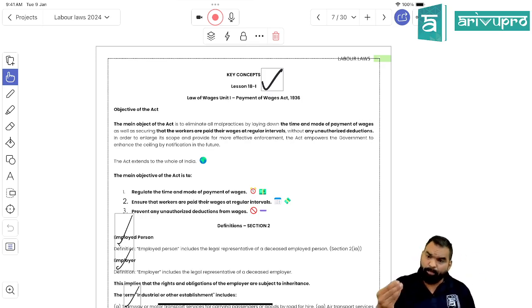But if you want to put an application against an employer, you have to put that application within the period of 12 months, right? The limitation period of 12 months will be applicable. If there would be delay of more than 12 months, what you have to do is, you have to justify the reason for delay, right? Along with that, we got to know about the fines.